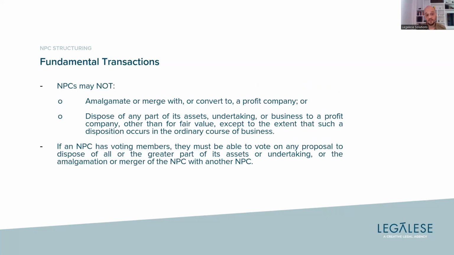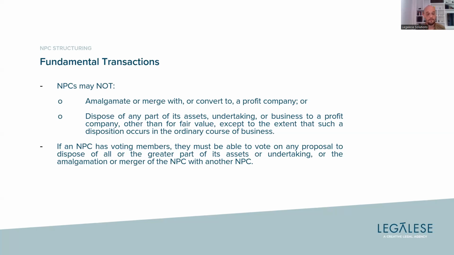Turning to fundamental transactions, NPCs may not amalgamate or merge with or convert into a profit company. They may also not dispose of any part of their assets, undertaking, or business to a profit company other than for fair value, except to the extent that the disposition of those assets occurs in the ordinary course of business. So if the NPC sells stuff, if the NPC gives products away, you cannot do that other than in the circumstances of where it's in your ordinary course of